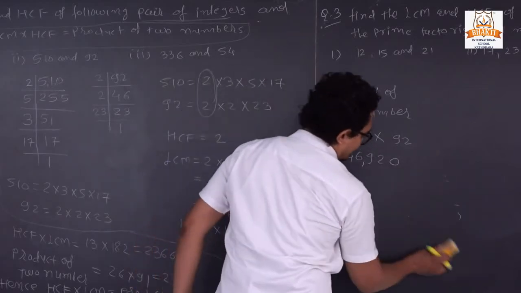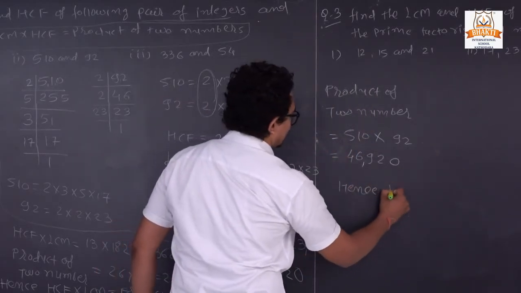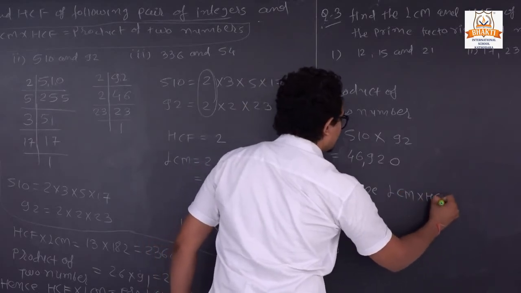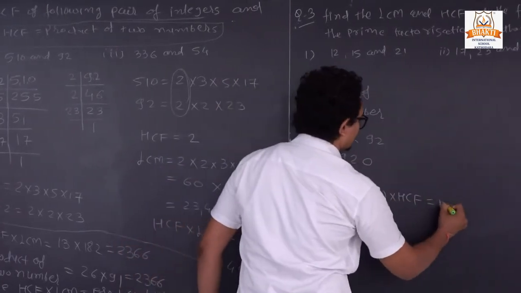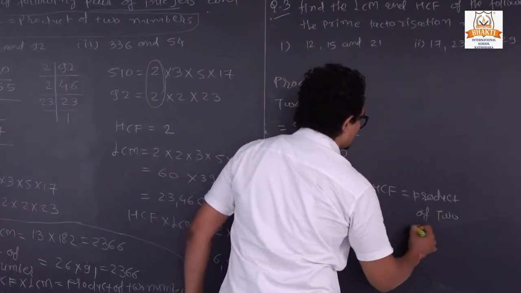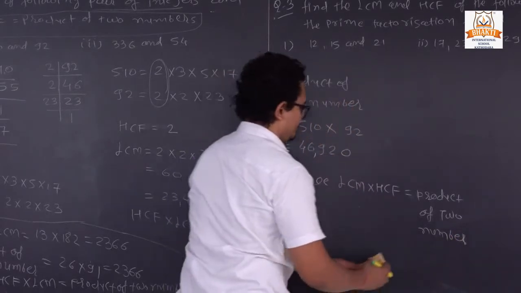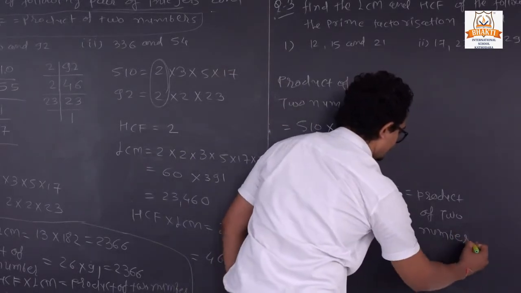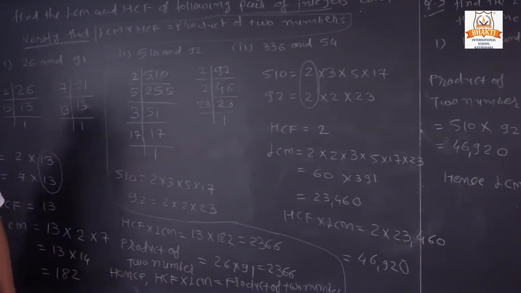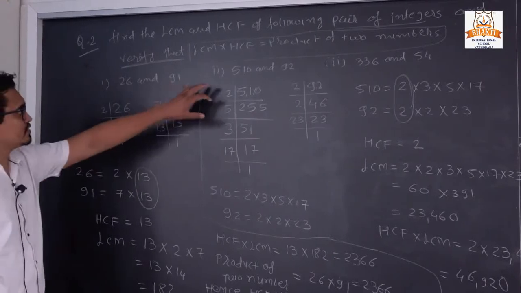So we can write, hence, LCM into HCF is equal to product of two numbers. So now you can write down that sum in your book and then also perform